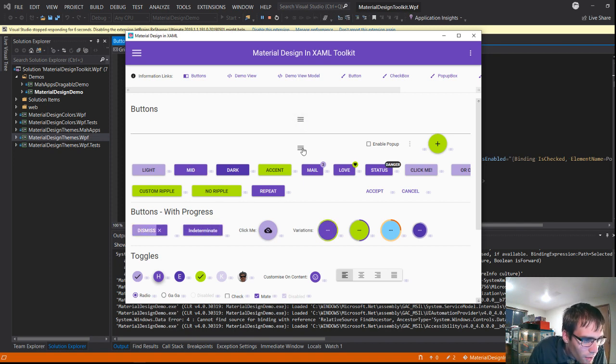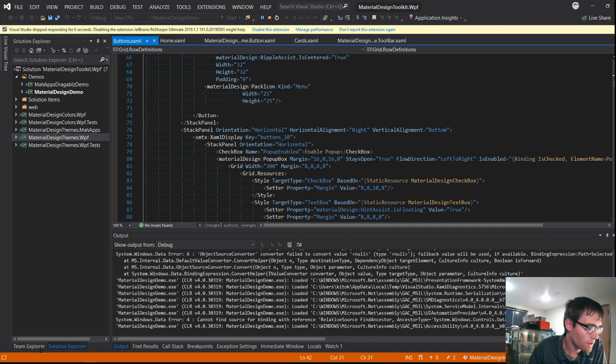So Ripple is centered there. I like it. Okay, so let's